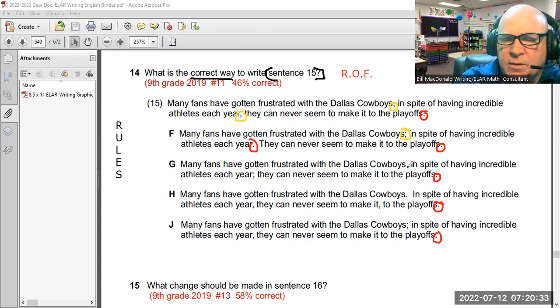Semicolon, comma, semicolon over here this time. I see a period that I forgot, comma, semicolon,